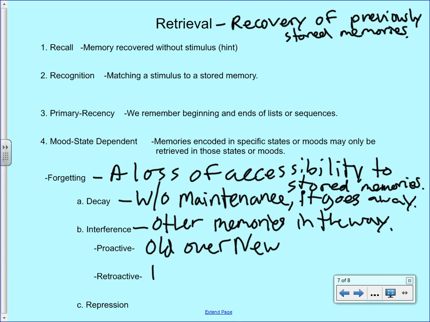Retroactive interference is just the opposite, where new information gets in the way of old information. A lot of times this happens with addresses or phone numbers. Somebody has a phone number for a long time and then they get a new one, and all of a sudden they can't remember their old one. Likewise, that can happen proactively as well, where you get a new one and for a time you only remember your old one. And then lastly, repression, where the motivation